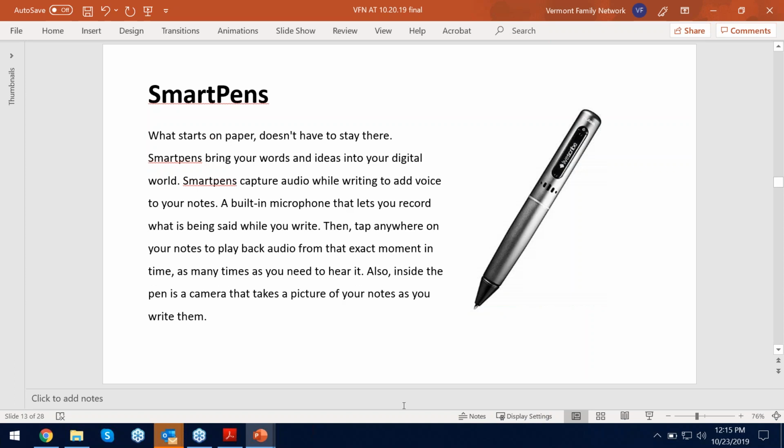Next on our list, these are really popular, SmartPens. There are many manufacturers of SmartPens. Neo is one. LiveScribe is probably the most popular manufacturer of SmartPens that we see. The SmartPen shown in the picture is a LiveScribe 3. So how these